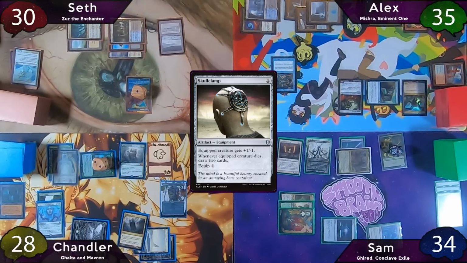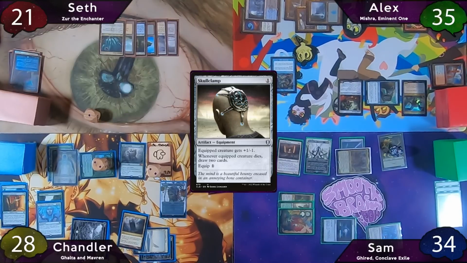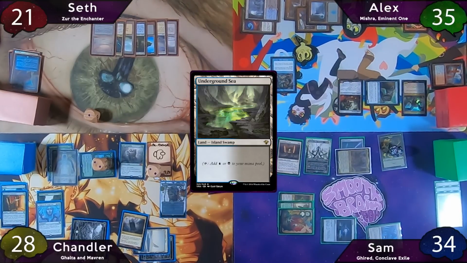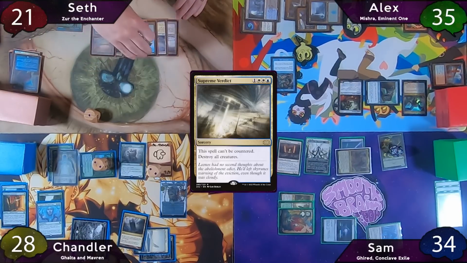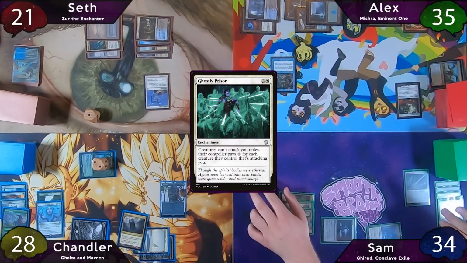Then, after Seth takes the 9 damage, Chandler draws an additional 2 cards off Toski. The turn is then passed to Seth, and he will let Mystic Remora die. Then he'll play an Underground Sea as land for turn. Seth's not a really big fan of the current board state, so he decides to tap for 4 and drop Supreme Verdict. After the board is wiped and Toski sticks around, Seth will cast Ghostly Prison, and then he'll pass